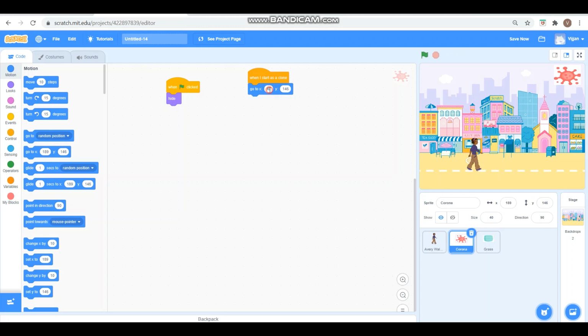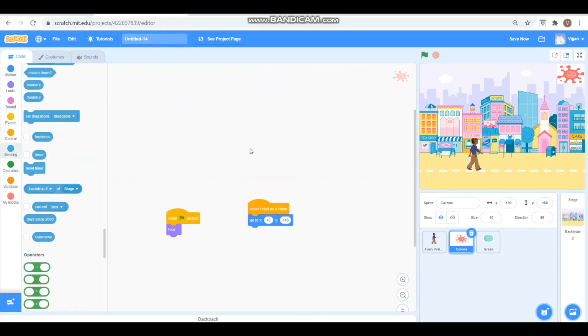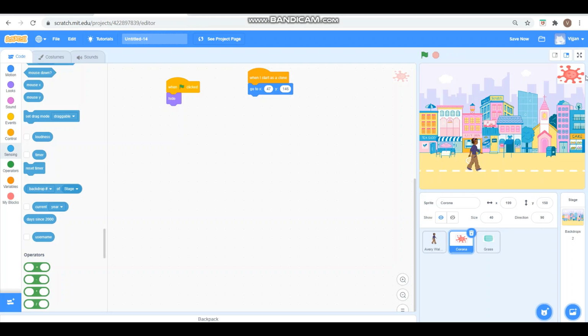And the x position needs to be changed, right? Every time the x position needs to be changed. So how will we change the x position? It should be changed between minus 199 to plus 150. No, sorry, that's a y. Plus 199. So that means the x position should be a random pick from minus 199 to plus 199.